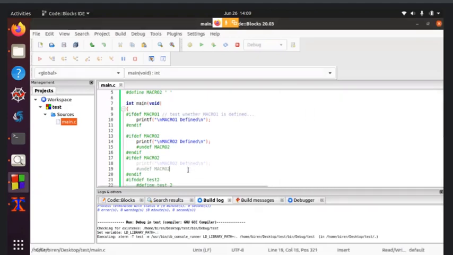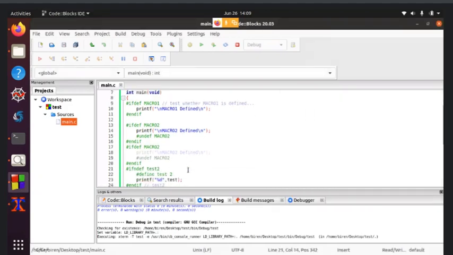Now suppose we want to check if a macro is not defined. We can use #ifndef, which stands for if not defined, like this, test2. So if the test2 macro is not defined, then you can write multiple statements.